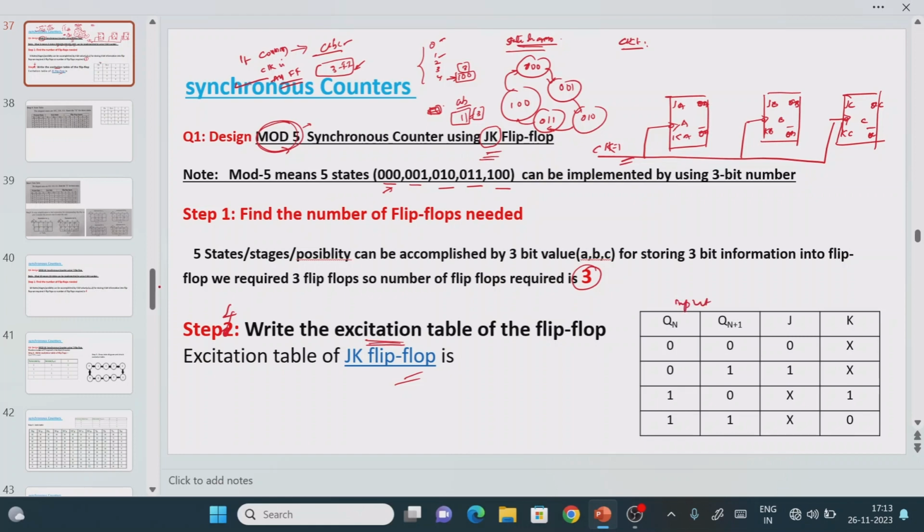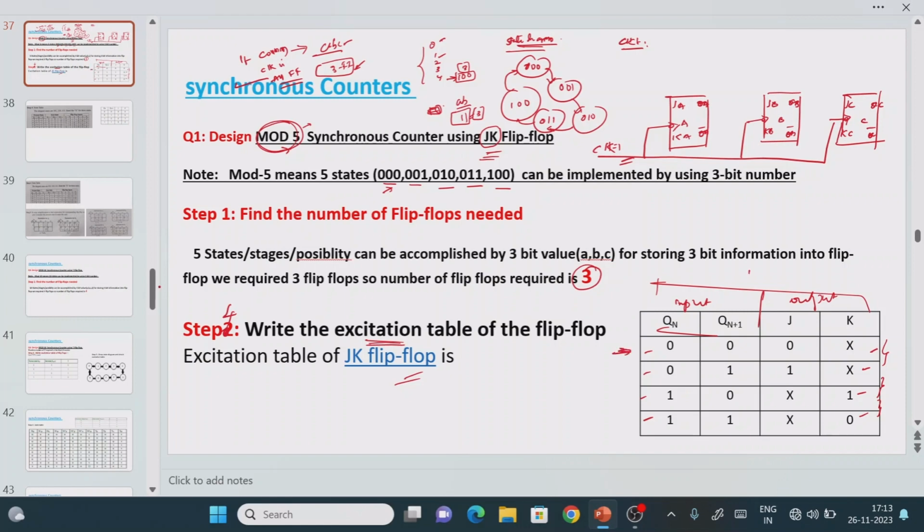In the JK flip-flop, we have the input as well as the output, right? Excitation table means the outputs will be inputs, and inputs will be outputs, for any kind of flip-flop. That you have to remember. So 2 inputs means how many possibilities? 4: 00, 01, 10, 11 are the possibilities. So this is the excitation table for the JK flip-flop. If you don't understand how we are representing this, please go back to the previous video. There, in the operation of the excitation tables, I have explained how to find the excitation table for the given flip-flop, right? So now the excitation table is completed.